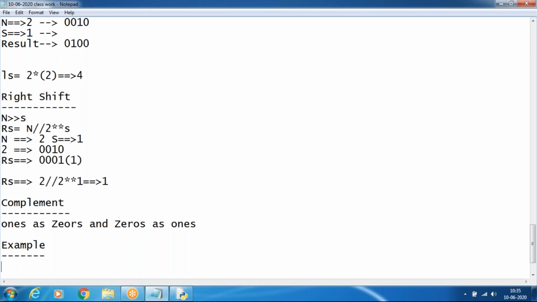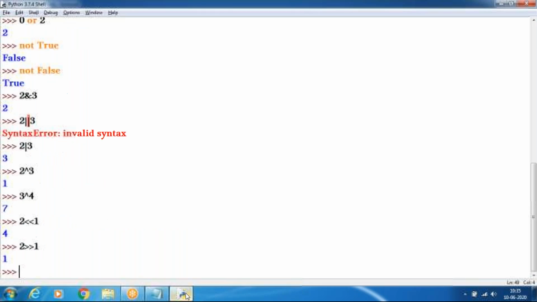My system is 64 bit, so it will be converted. So suppose for 2 power 64 bits it is a large value. So you see one example.